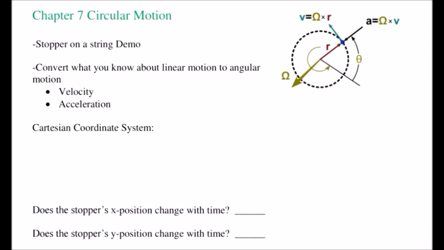So we're starting chapter 7, circular motion. I'm going to do a stopper on a string demo real quick. That's just where I take my stopper on a string and I whirl it around in a circle. Okay, awesome. No, I'm not going to let it go. Not yet anyways. So we're going to talk about circular motion, or angular motion, as we're going to call